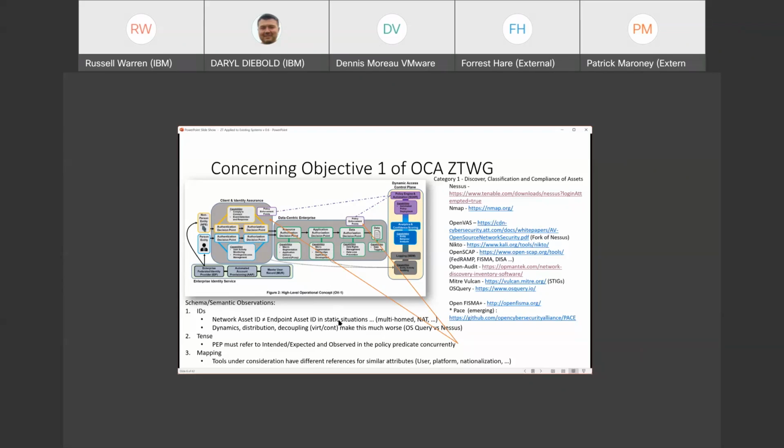So the very same attributes might be used in terms of different sort of intentionality with respect to whether or not it is what you're supposed to see, what you expect to see, or what you're actually seeing. And in doing that, they've got to show up in the same policy predicate at the same time. Because those expressions, policy predicates, can be relatively complex, there's the need to be able